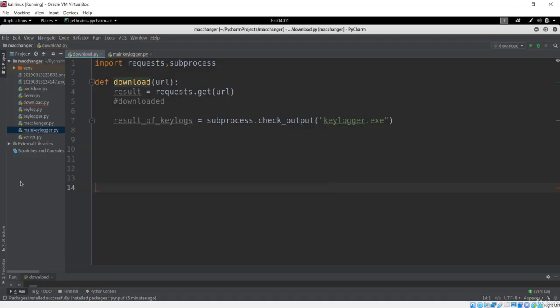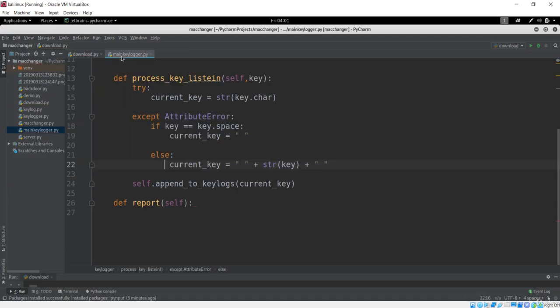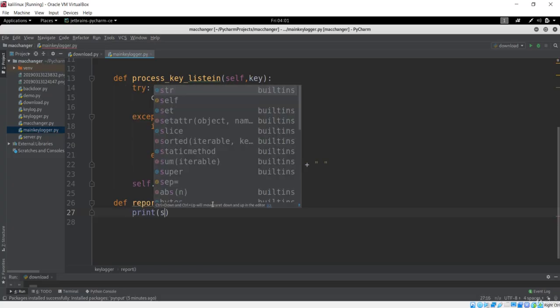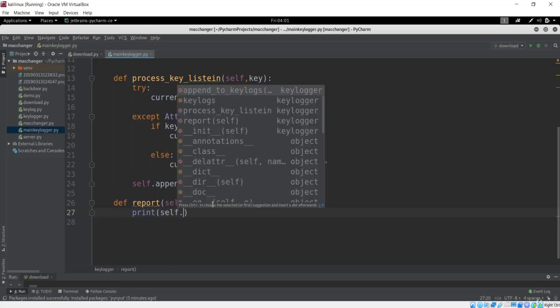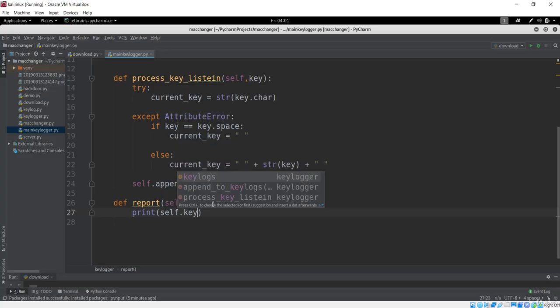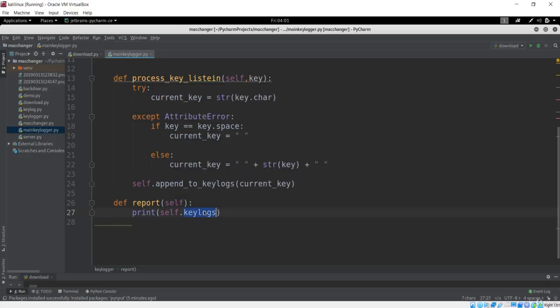Before that, what I need to do is go back to the keylogger, and in this keylogger I'll say print the key, and in this case it will be self.keylogs, because this is the list of keys that are pressed on the client computer.